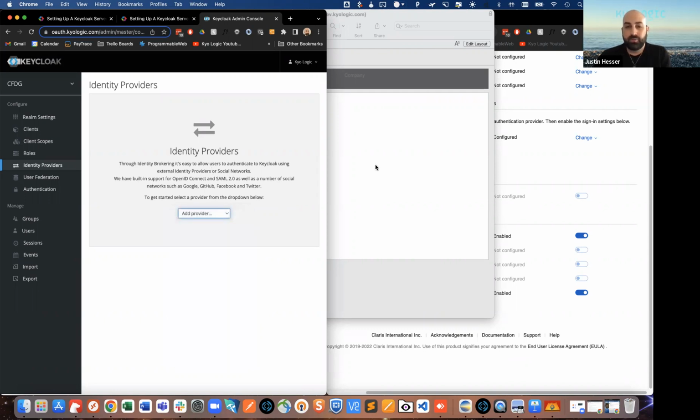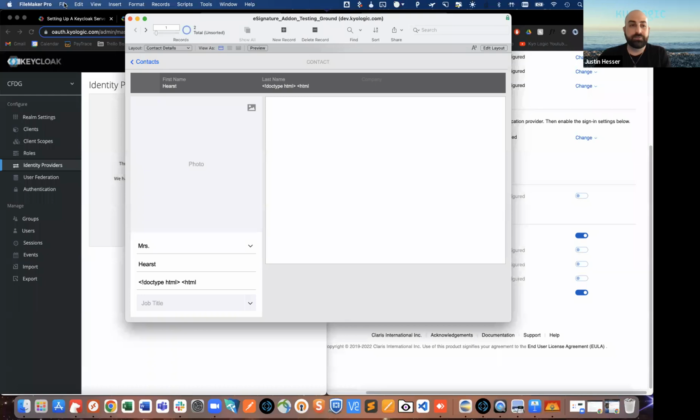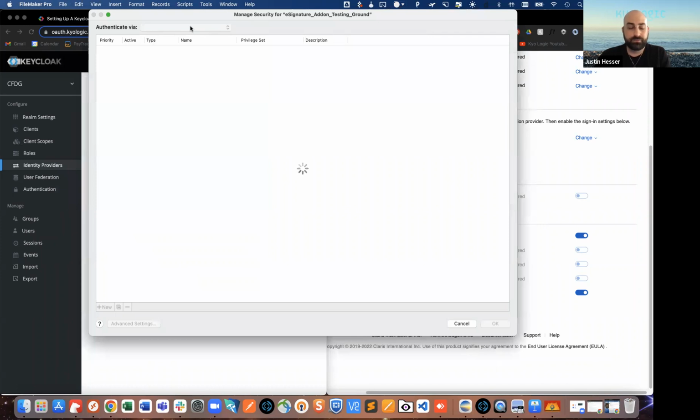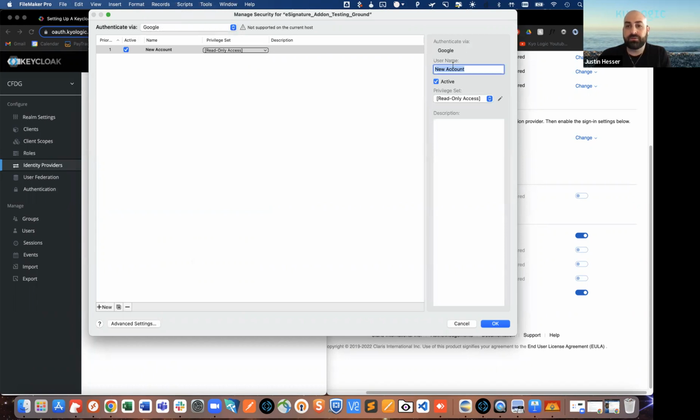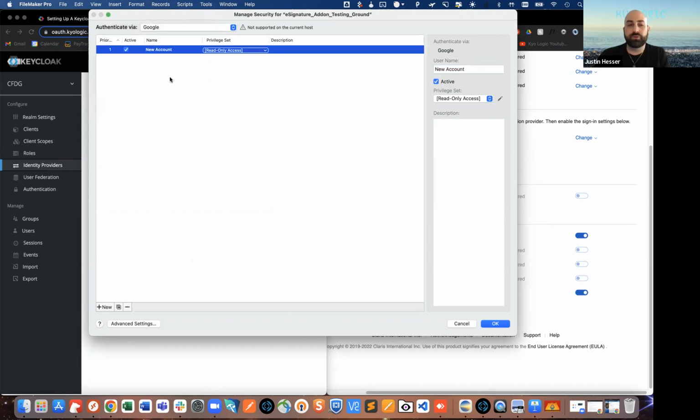So one of the problems that people who use Google as their authenticator have is if you go in here to Security and you select Google and add a new user, you can't choose groups, right? You're stuck with individual user names. So pretty much now with Google, you have to create an individual user. Every single user has to be added in here,